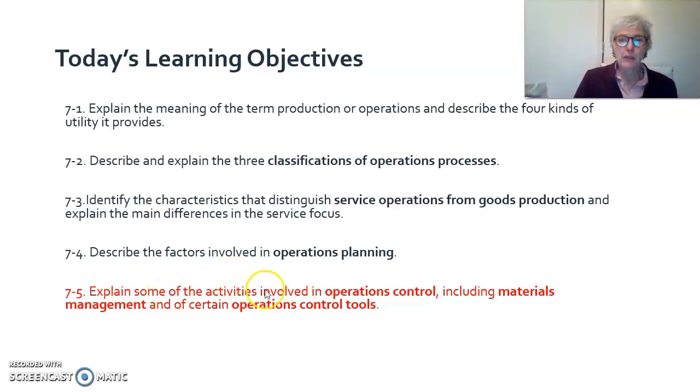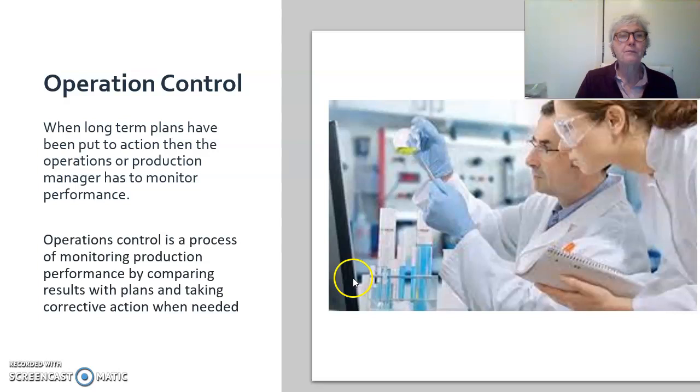So, operations control is the process of monitoring the production and comparing it with the results and the target set in order to improve and finally produce better products or services. Now let's have a look at the next section, how we can monitor and evaluate the control process. Finally, an operations manager needs to assess performance. So this part is about operations control.